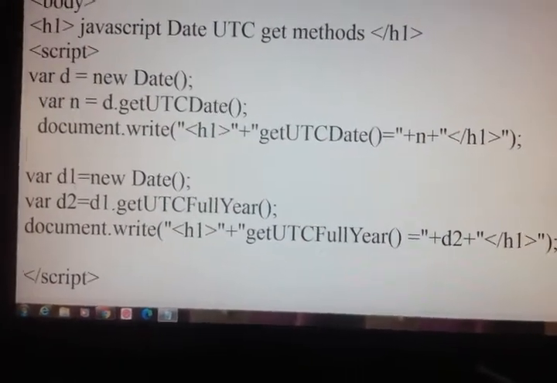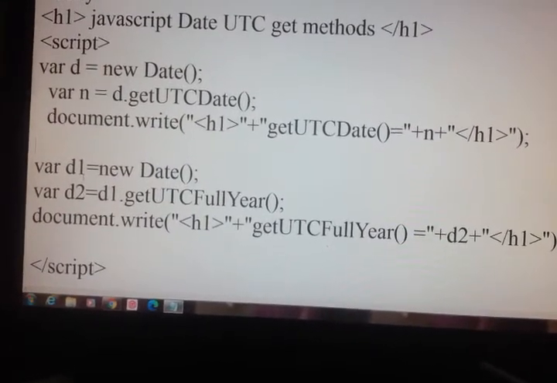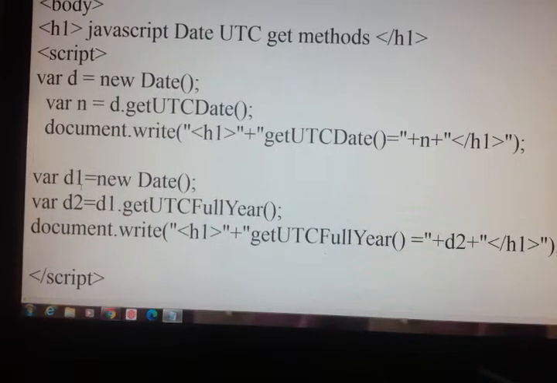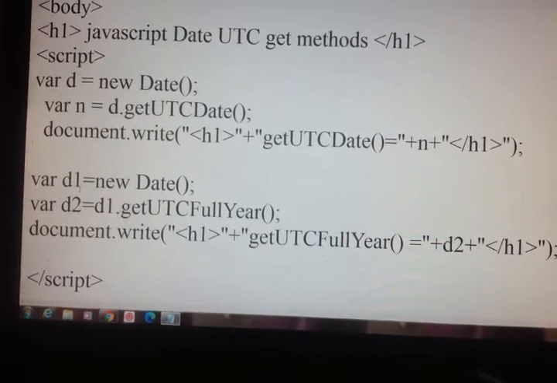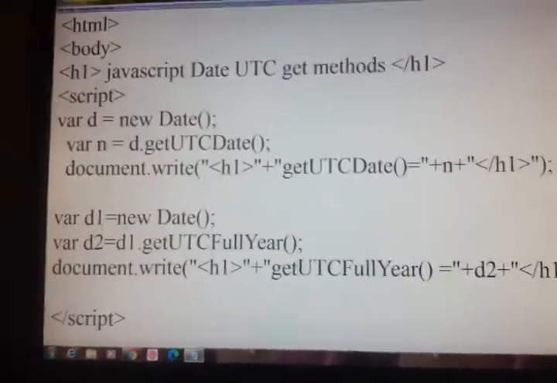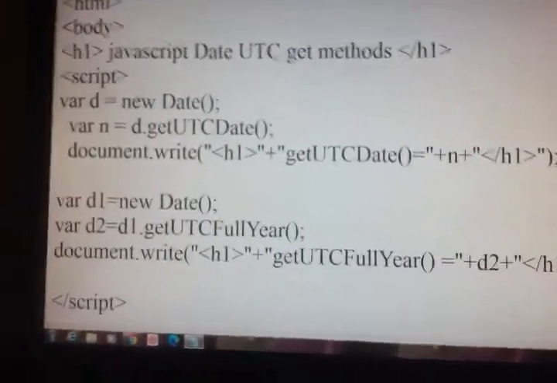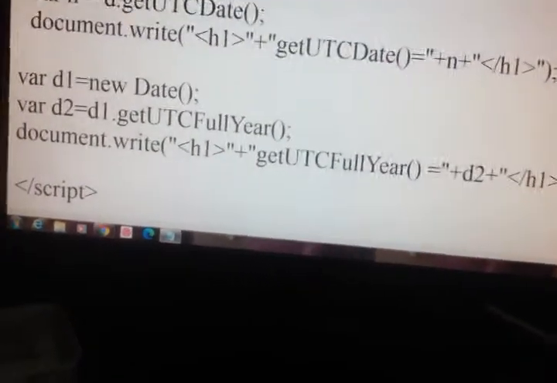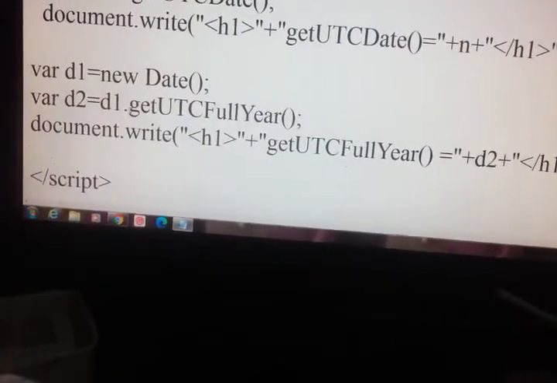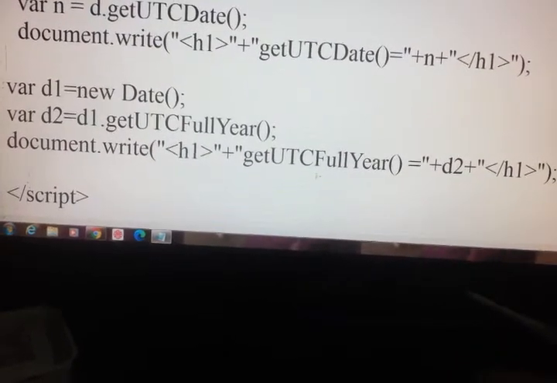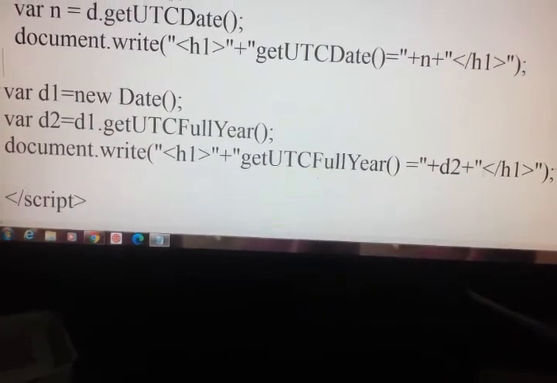Or else you can create a new variable, create an object of the Date, d1, and then in another variable I am storing the d1.getUTCFullYear method. d1 is the object name, and then printing that particular year.